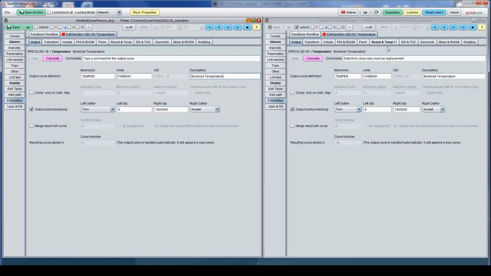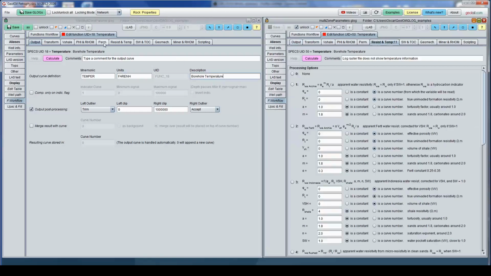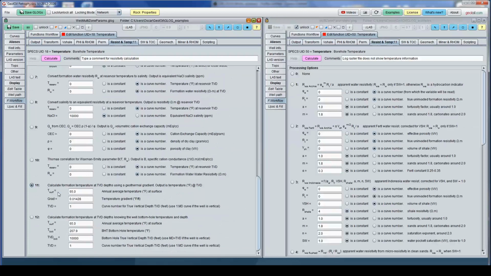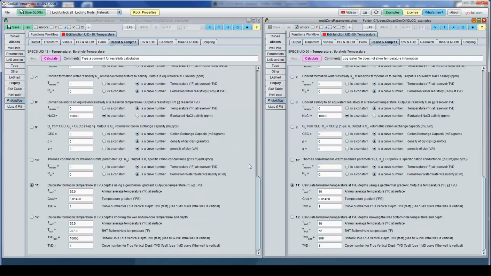And we choose the equation 11, resistivity equation 11. You go there, equation 11, let's see. Well, in this particular example, you have to know more or less what the annual temperature of your reservoir is at the surface, the surface temperature there. This is Wyoming. This is quite cold.